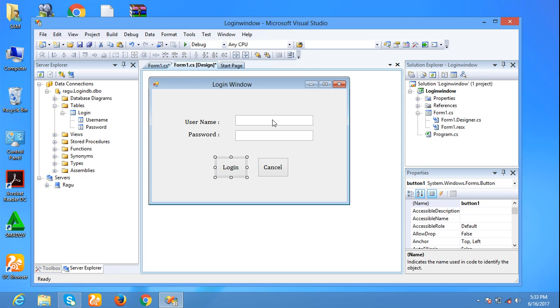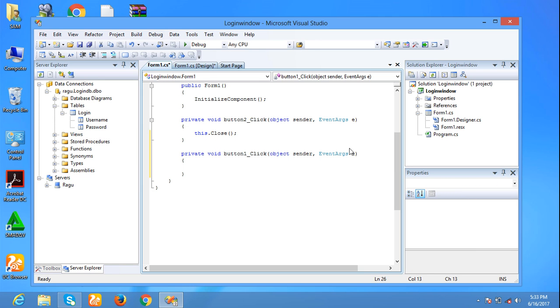When entering username and password, if those are correct, the login form will log in successfully. Otherwise, it will show an error message. Okay, so the login form.